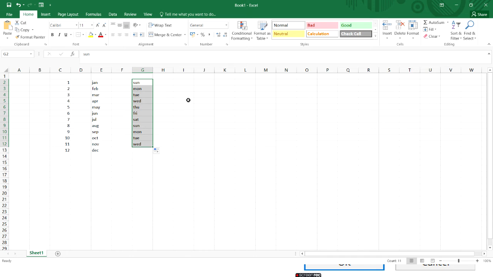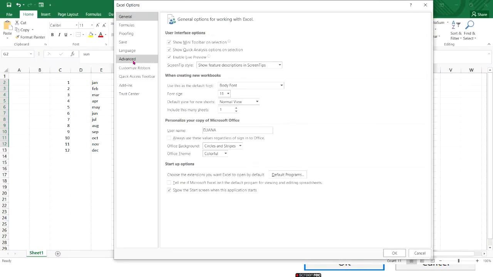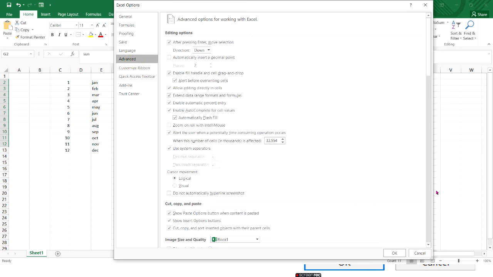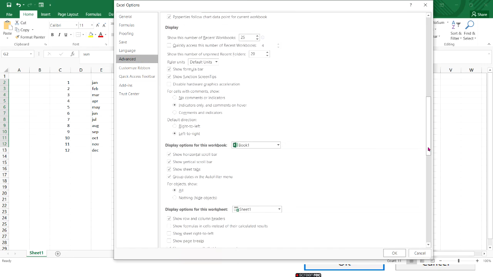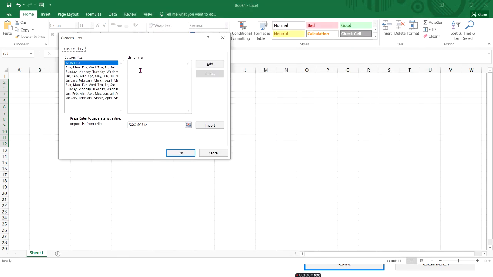Now the question is, can you create your own listing? Yes, as we have seen, go to File, Options, and here Advanced. Under Advanced you scroll down and you'll find Edit Custom Lists. Click on this and you will write here like Holi, comma, Diwali, comma, Xmas, comma, Eid, etc. After entering here, click Add.